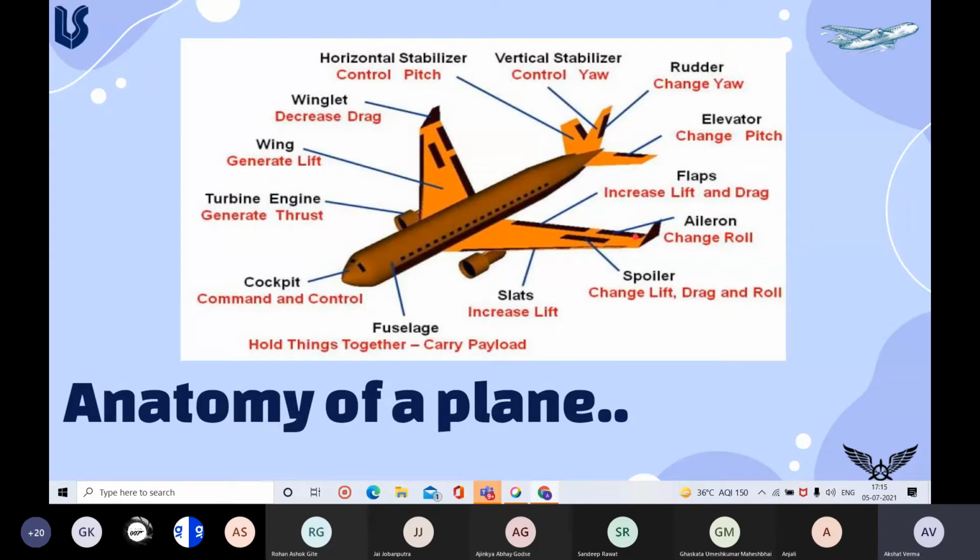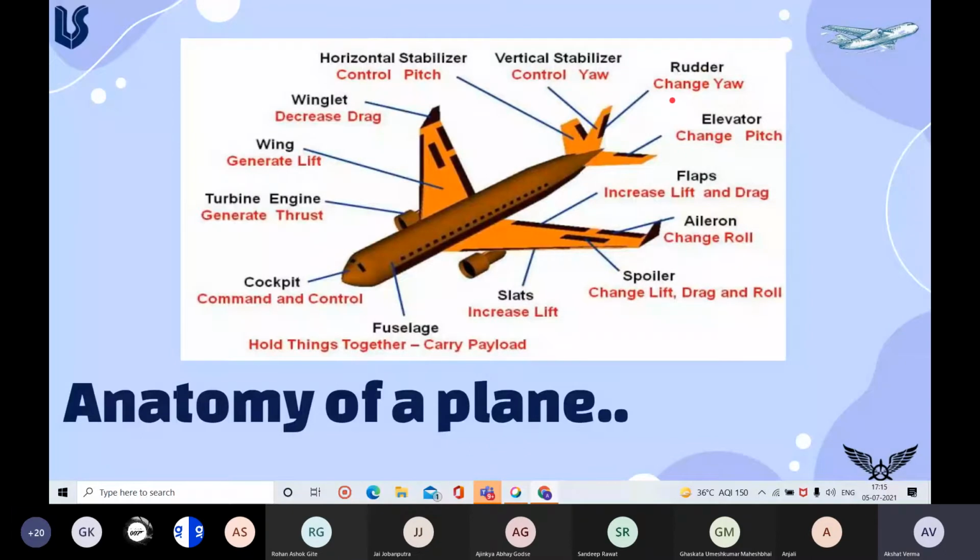If this particular aileron goes downwards, its camber is increased, and that is why the lift generated on this particular part of the wing will be larger. So this wing part will go upwards. A thing to note here is that the ailerons function opposite to each other. If this aileron is going downward, this other aileron goes upward, due to which that part of the wing will go downward. So the roll motion will be like this in this case. Similarly, there is one more control surface, the rudder, and it changes the yaw of the aircraft.